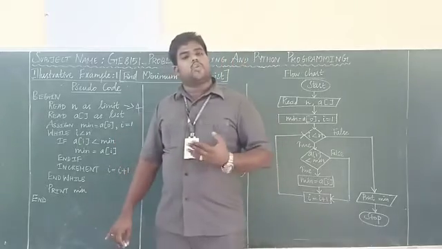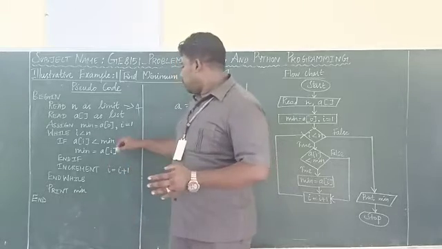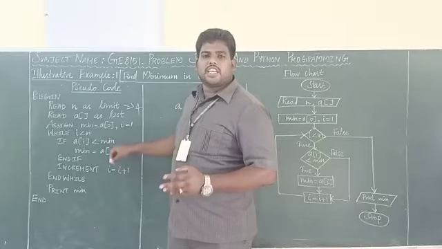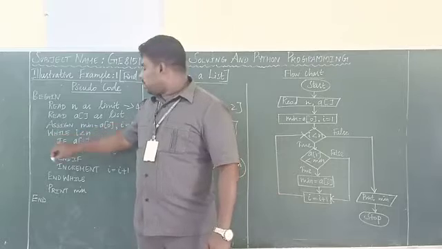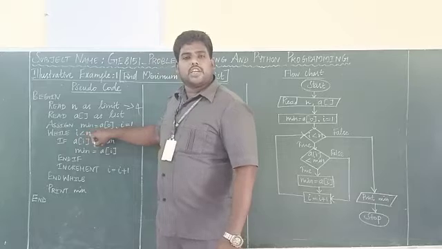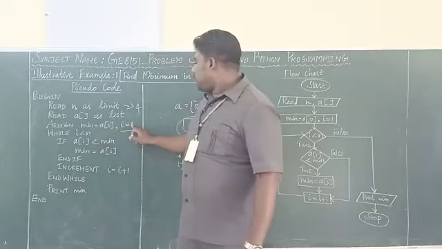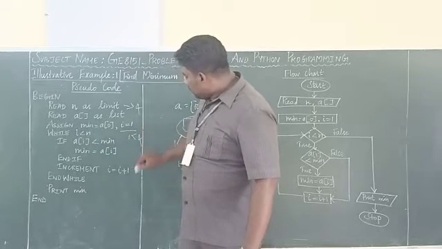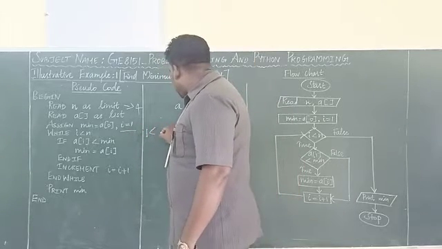Here, I am going to use the looping concept. If you are writing a loop, what are the things you have to do? Initialization, condition, increment or decrement. Three steps you have to follow, right? So, here I am going to use the loop. Here it is initialization. Then while i less than or equal to n. What is this i less than or equal to n? It is a condition. What's the i value now? 1. What's the n value? n equals 4. Is the condition true or false? The condition is true. i less than or equal to 4.